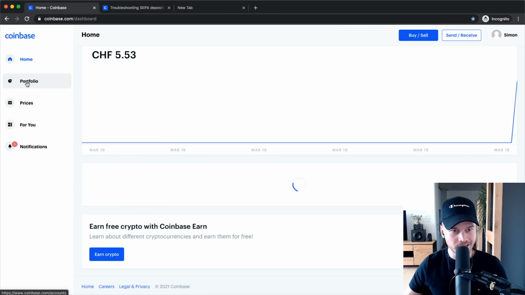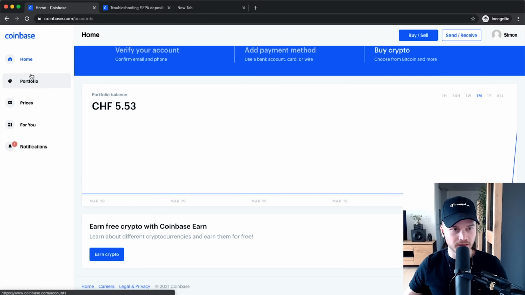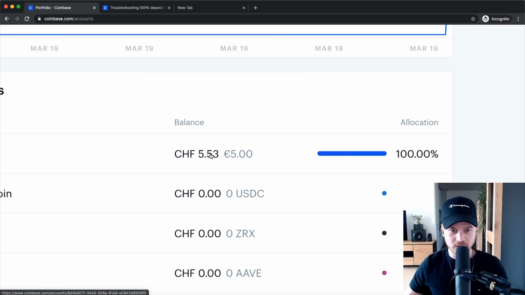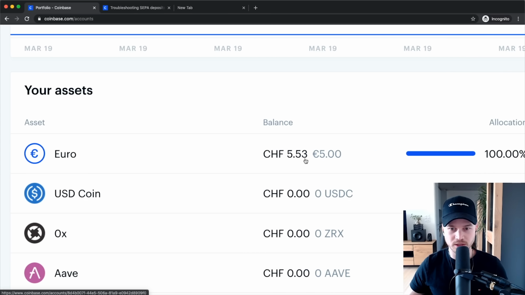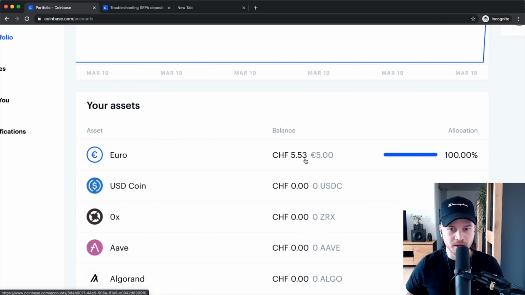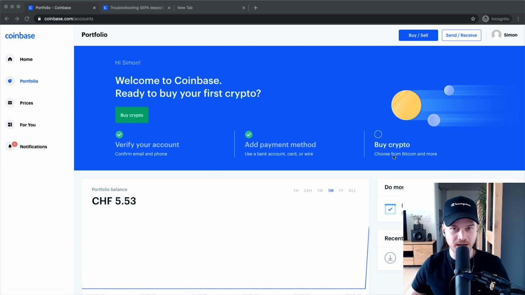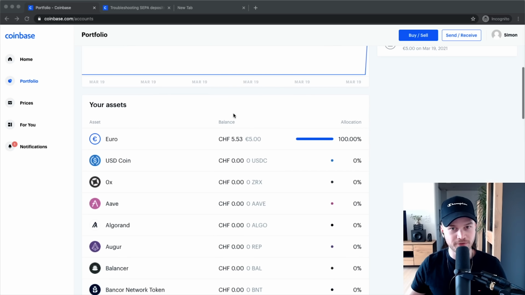When you go to Portfolio right here, it's going to say, for me, €5, which is 5.53 Swiss francs because I live in Switzerland here. My currency is Swiss francs. And now that our bank account is verified, we can actually deposit more money and then finally buy our cryptocurrency with our account balance. So to deposit more money, more fiat currency like euros, US dollars, or British pounds,